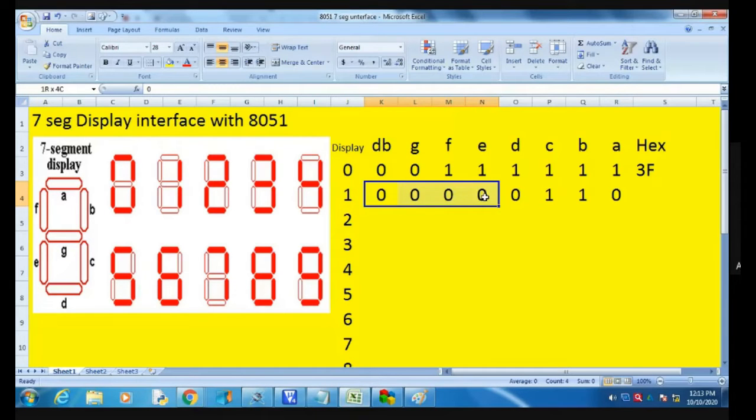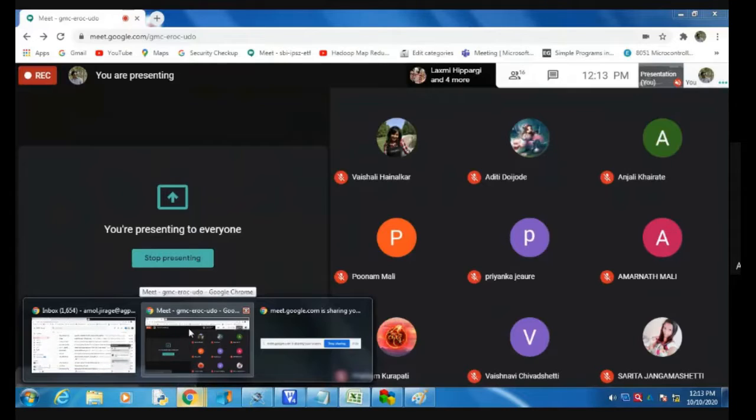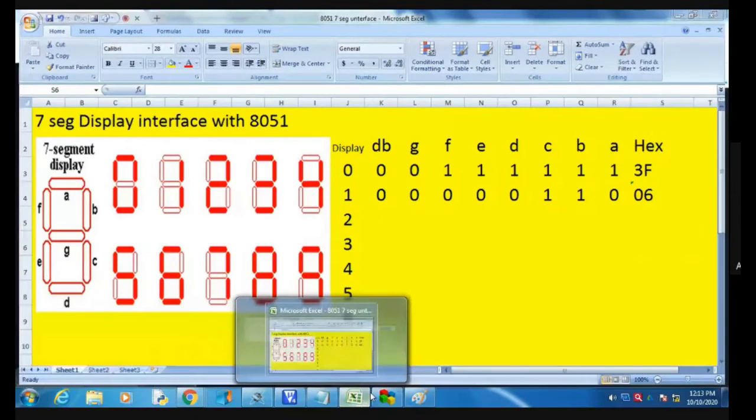Tell me. It is 0 and 6. So we consider 06. Pratanga, are you able to understand this part? Yes, sir. Okay, fine.